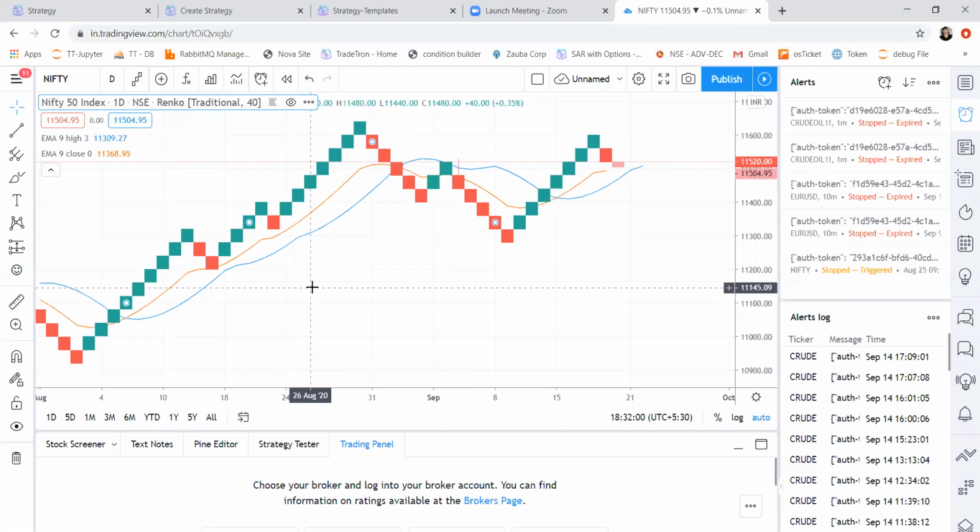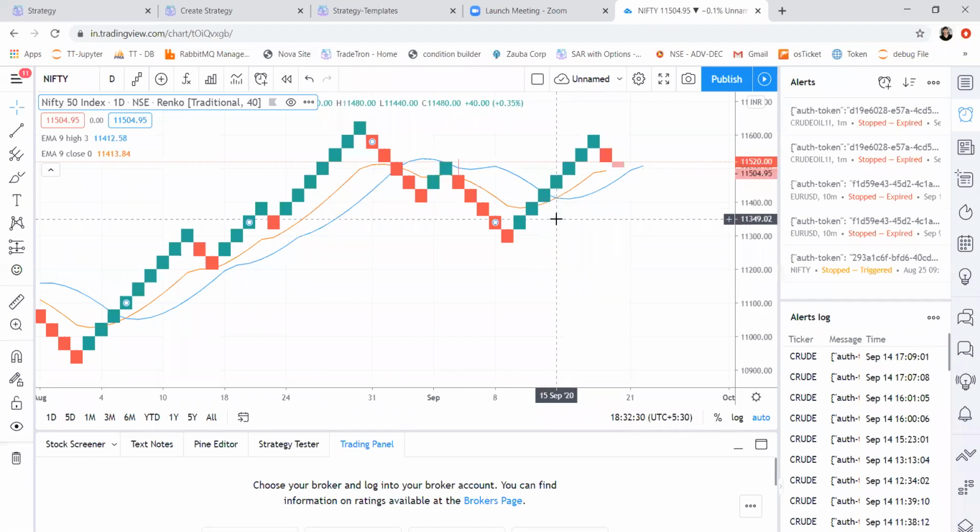One interesting thing about Renko charts is that if tomorrow there is a 100 points gap down, or let's say 200 points gap down, automatically 5 candles will be added in this chart. It doesn't mean that any candle here is traded. It is possible that these 5 candles are formed because of a gap, and this price was not tradable.